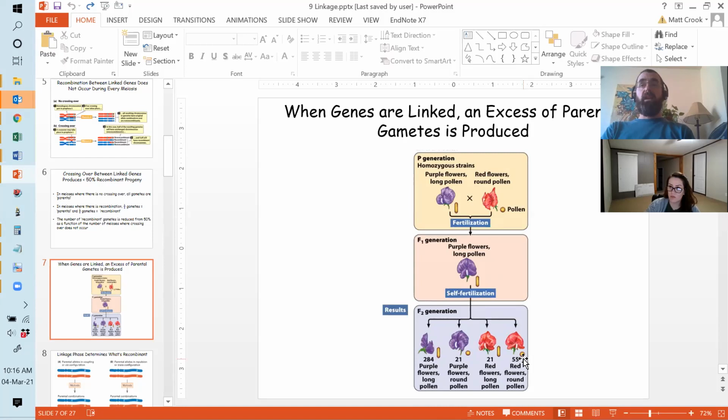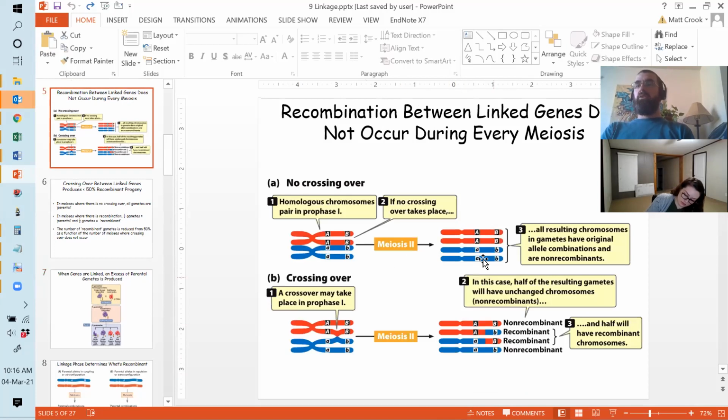And you'll never see an excess of recombinants, right? Again, because if you go back up here, you always get parentals, even if a recombination occurs, you always get,